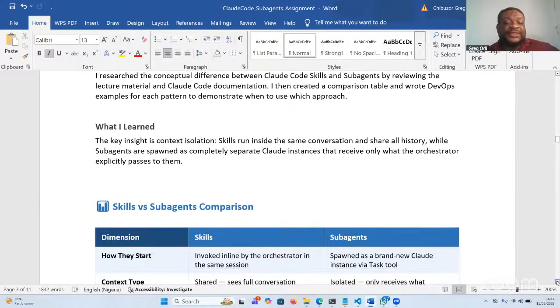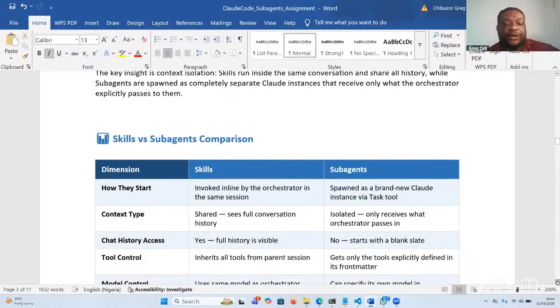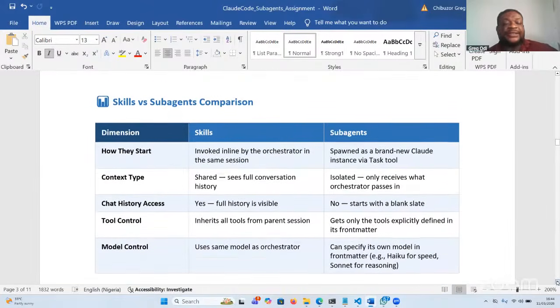The key insight is context isolation. Skills run inside the same conversation and share all history, while sub-agents are spawned as completely separate Claude instances that receive only what the orchestrator expressly passes to them. So, skills versus sub-agent comparison: how they start, skills